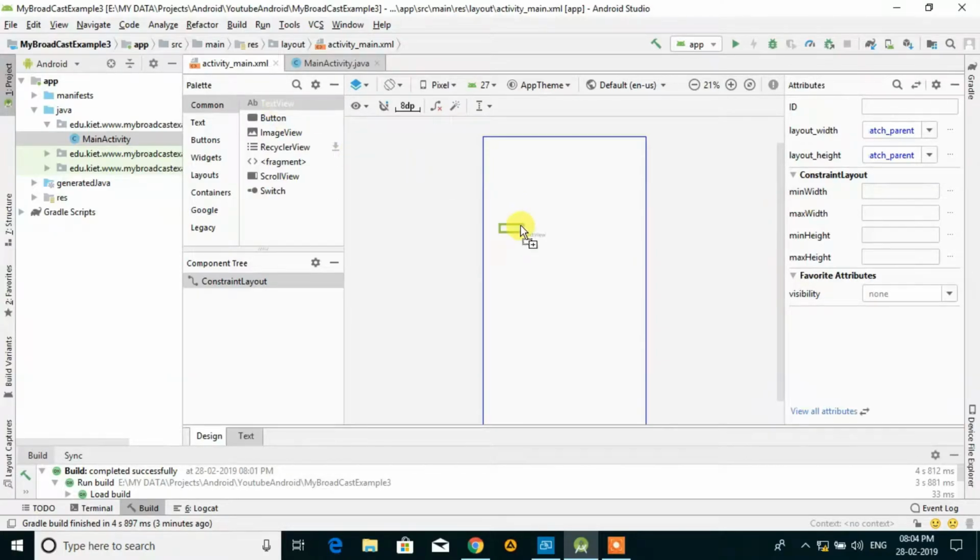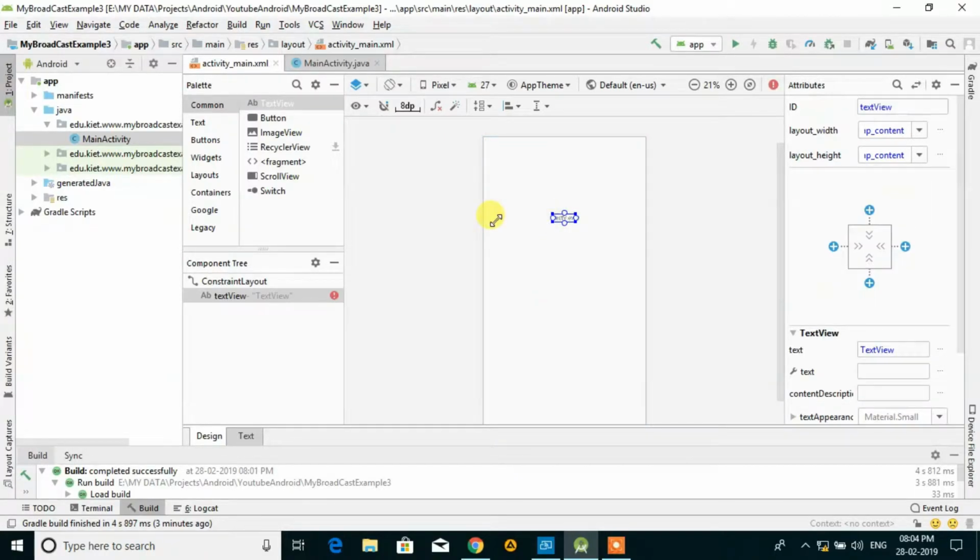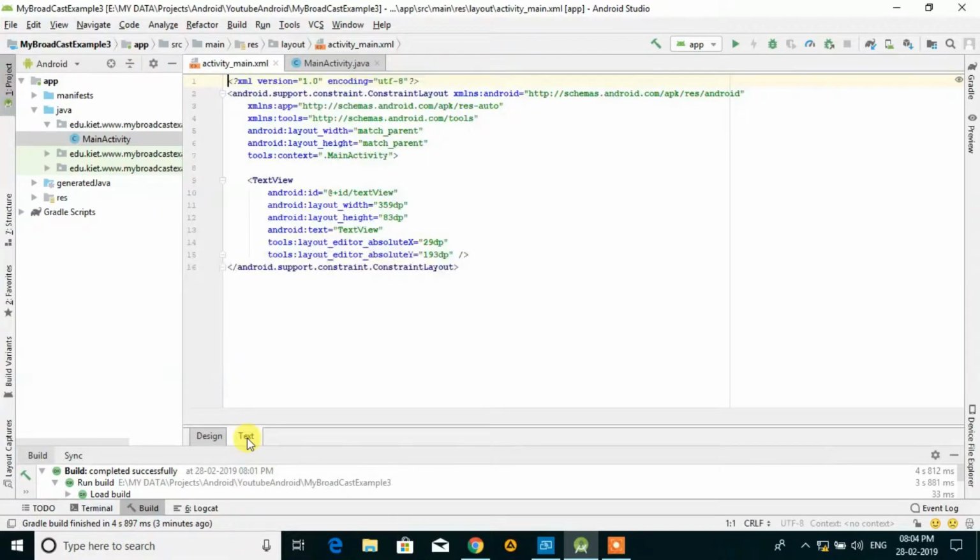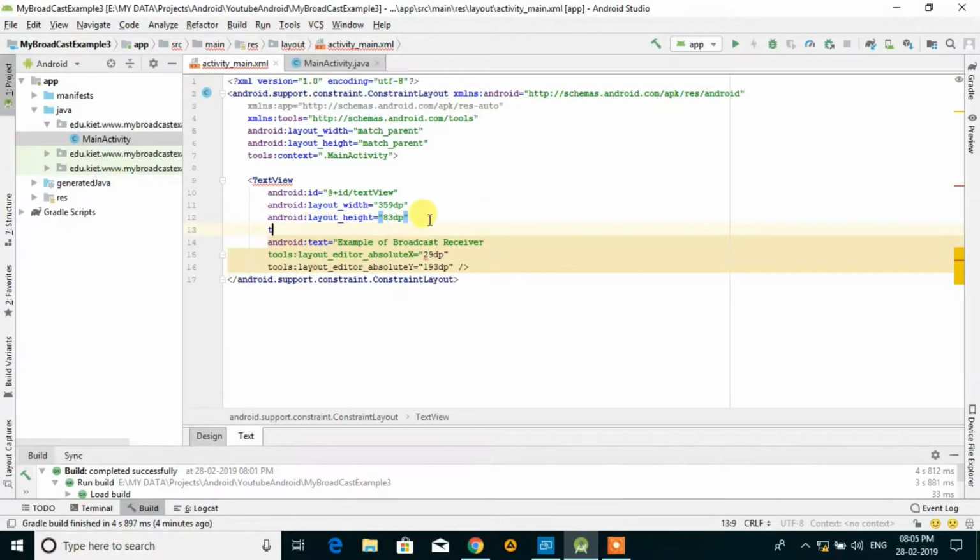So in this program we are going to write broadcast receiver code. For that I'm just typing some text in this text box, because we don't require a text box in this application. Just for introduction purposes, I'm setting some value: example of broadcast receiver, and then you can put the text size also, 30 dp.